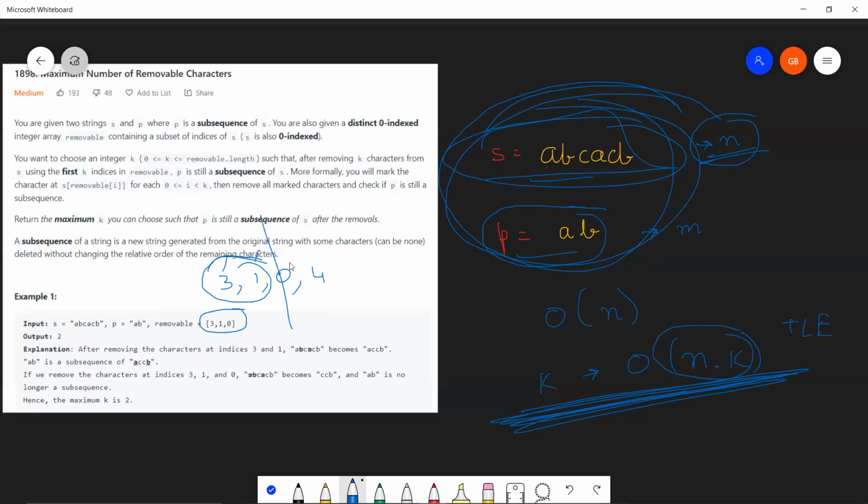This means that you proved that for k equal to 2, the subsequence property is being maintained. Then there's no point in proving for k equal to 1, right? Obviously, it will be possible.